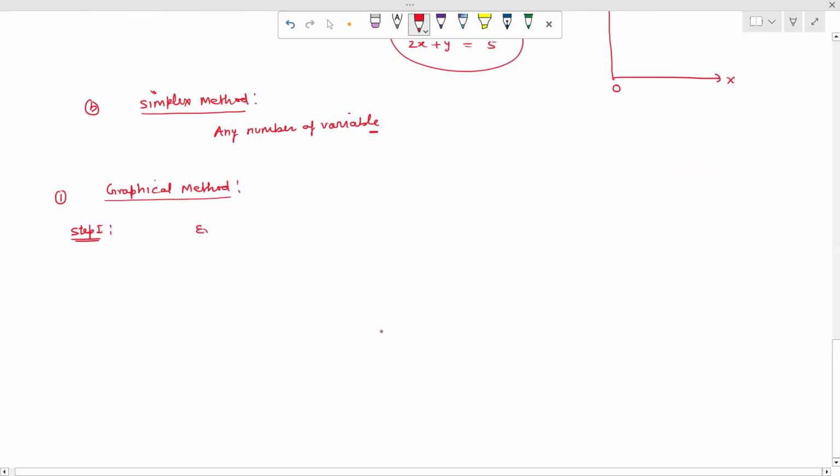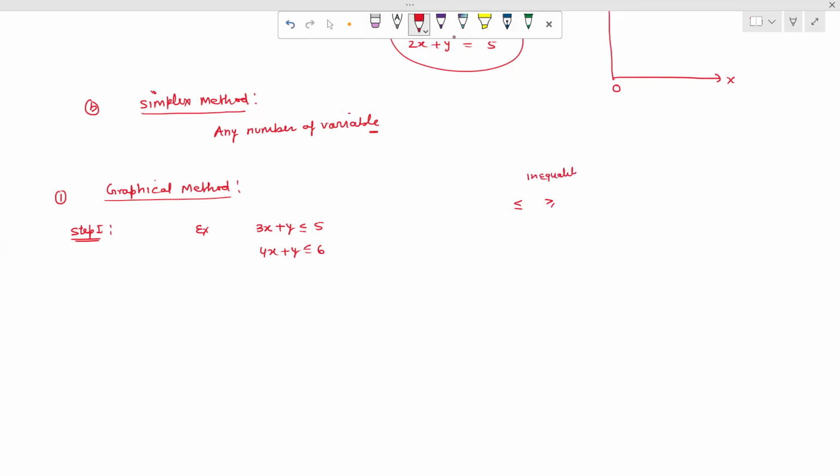यहाँ पर स्टेप वन के लिए मैं लिख रहा हूँ कि एग्जाम्पल के साथ स्टार्ट करते हैं कि अगर हमारी प्रॉब्लम 3x + y ≤ 5, 4x + y ≤ 6, अगर हमारी कोई भी इनइक्वलिटी है, इनइक्वलिटी का मतलब समझते हैं, इनइक्वलिटी मतलब लेस देन इक्वल टू है या ग्रेटर देन इक्वल टू है, दैट इज कॉल्ड इनइक्वलिटी। इनइक्वलिटी को हमें सबसे पहले इक्वलिटी में चेंज करना होगा। तो स्टेप वन में हमारा जो प्रोसीजर है, हम उसी प्रोसीजर पे बात कर रहे हैं कि